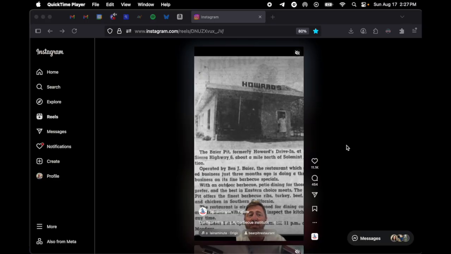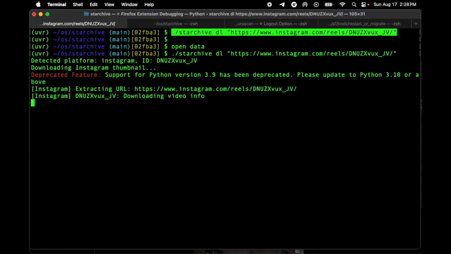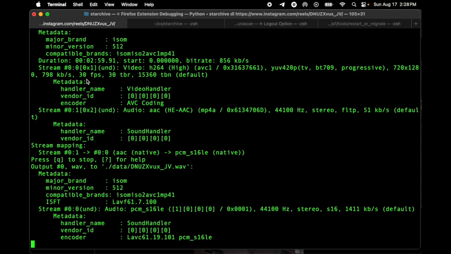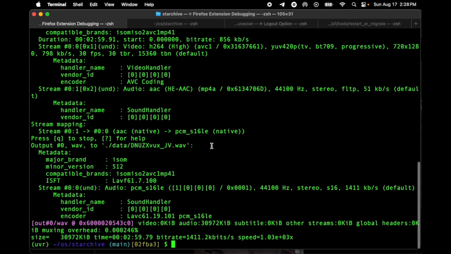Our way to get the transcript is we download it. So let's do that step first. Let's run that. You see it's detecting that it's Instagram, and we know which platform we're on. We have this concept of platform, YouTube or Instagram. Okay, so it's downloaded it. It looks like it's doing the same thing it always does for a video.